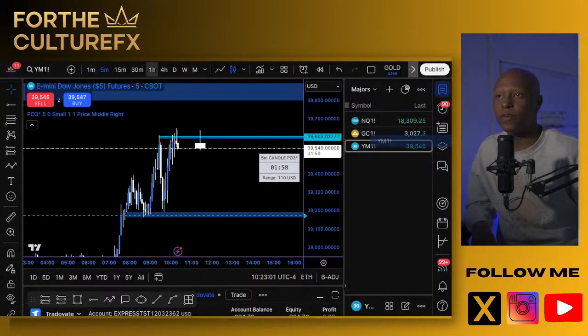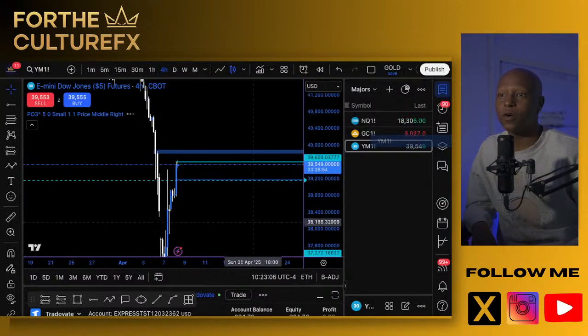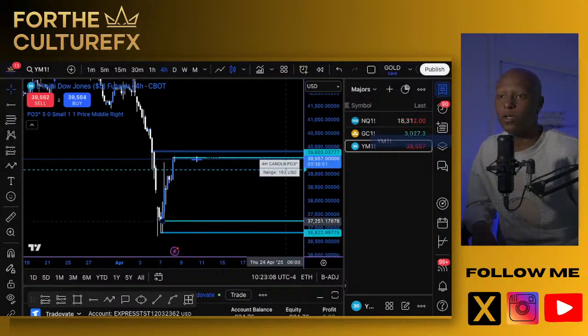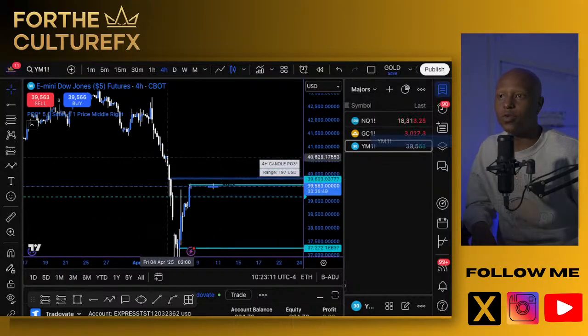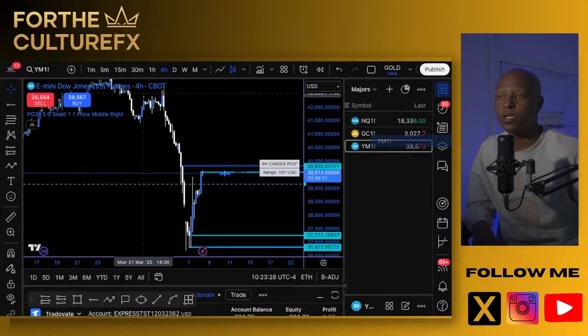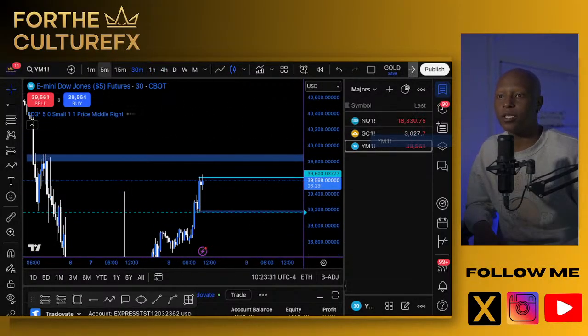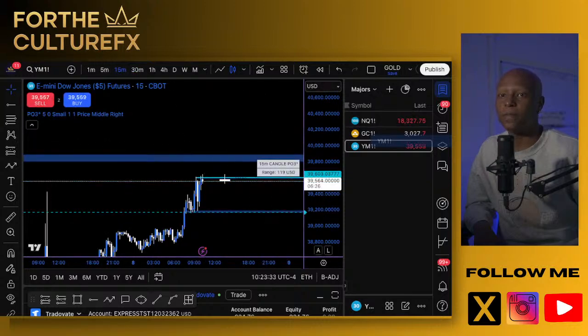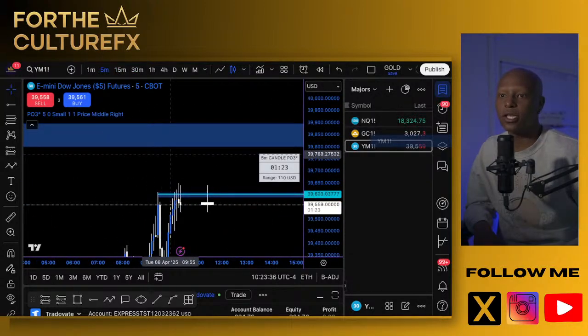Price took out this previous 4-hour candle high. There's so much volume following the previous 4-hour candle that I don't anticipate a huge 4-hour correction, but we can see it. What did we see happen Friday, right? For Wednesday, price pushed up, then that last 4-hour candle pushed to the downside. That 10 o'clock candle opened up, and then we pushed to the downside and did, in fact, end up sweeping the lows. So it's not impossible. It's just not necessarily a high probability trade that I would be interested in, right?